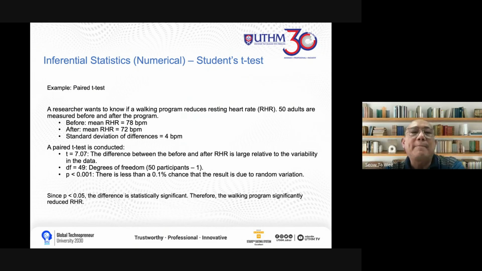Okay, this is an example of the paired t-test. Our researchers want to know if the walking program reduces